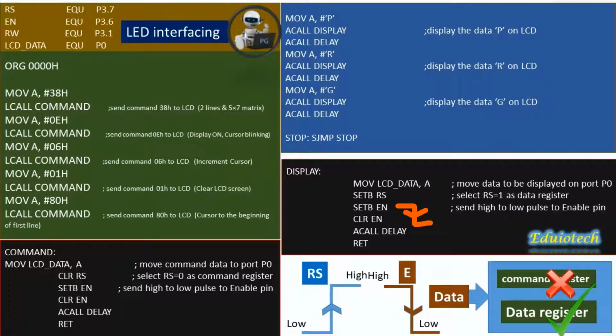Now the interesting thing here is we are sending the character with a single code, as LCD only understands ASCII numbers. Here ASCII of each character will be considered. Now again, same as previous, we make enable pin high to low to latch data onto the LCD. Again we come back here, have some delay, move the next thing which we want to display and do the same procedure.